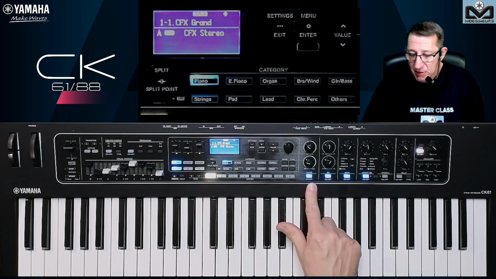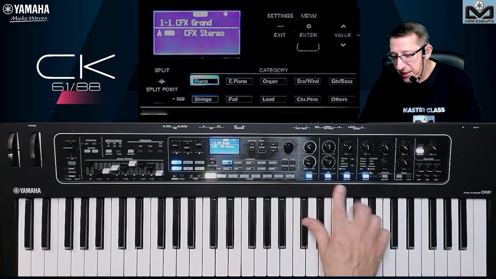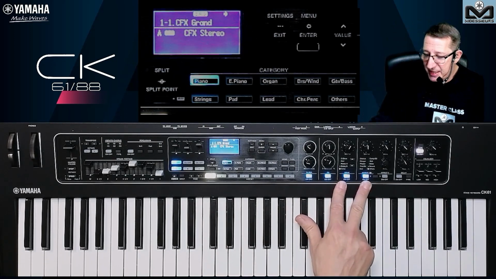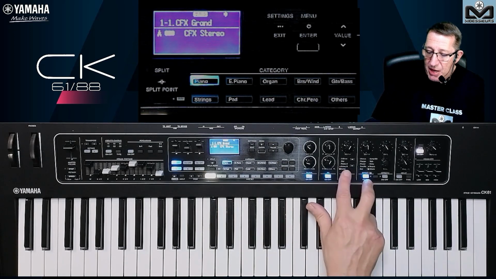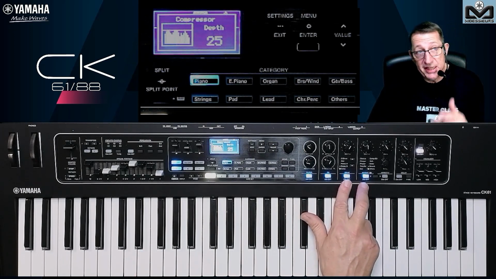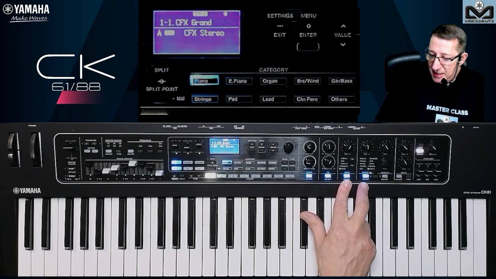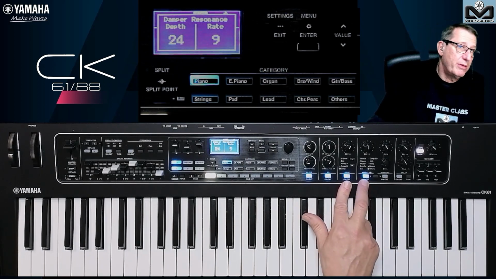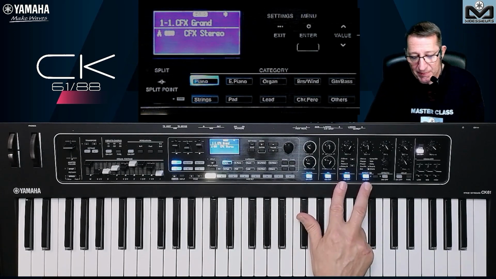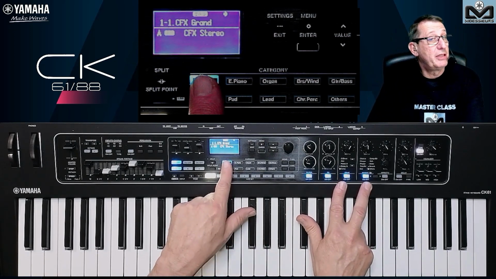Here you see we have section with filter, envelope generator, and effect. I will call them insertion effects. Here we have on the drive for the piano, the compressor. Just press 2 times and you will see the name of the effect. Here the compressor, and here we have for the piano the damper resonance. And just check this. If I go and press to go to the next piano,